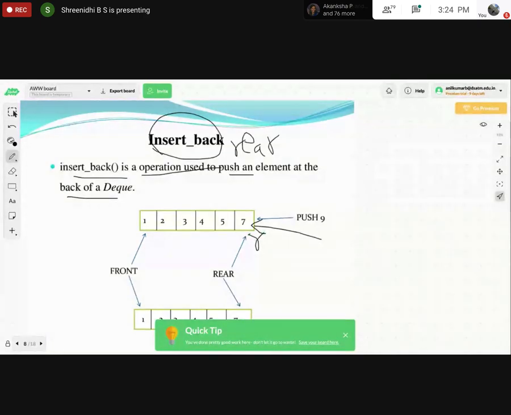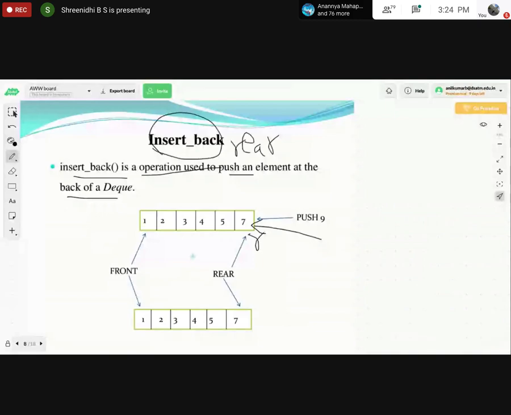So here we are pushing an element into the queue through the rear end. It's very important, so be careful while writing the algorithms. While writing the algorithm only, you will get it: how to insert the data and how to delete the data. Here we have four different algorithms. First I will explain the algorithms, then I'll ask you to represent them in C code. Okay, so this is general data we have here.